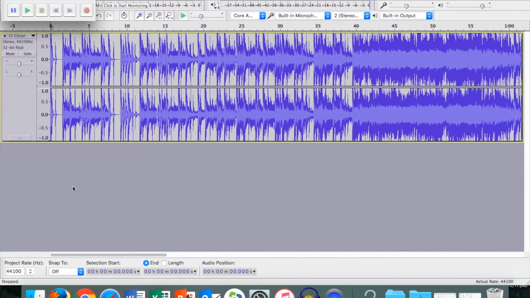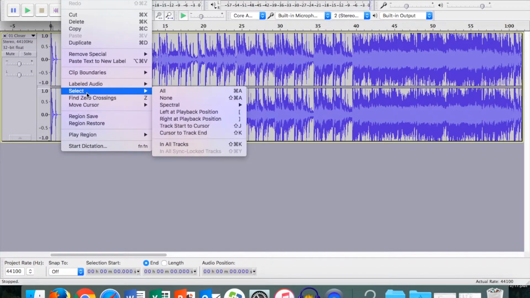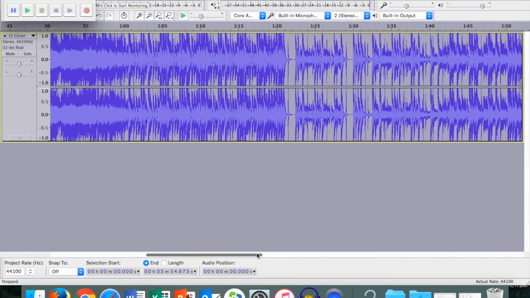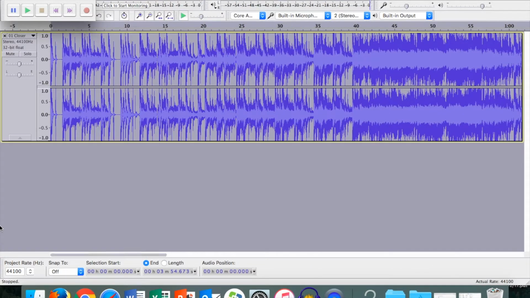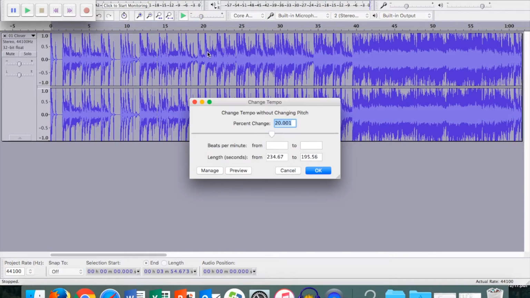So that's something that you might be able to find useful as well in your teaching. So to do that, I want to change the tempo of the whole song. So I'm just going to do edit, select all here. So that'll just select the entire song in gray from beginning to end. And now I'm going to go over to that effect tab, and I'm going to go to tempo, change tempo,